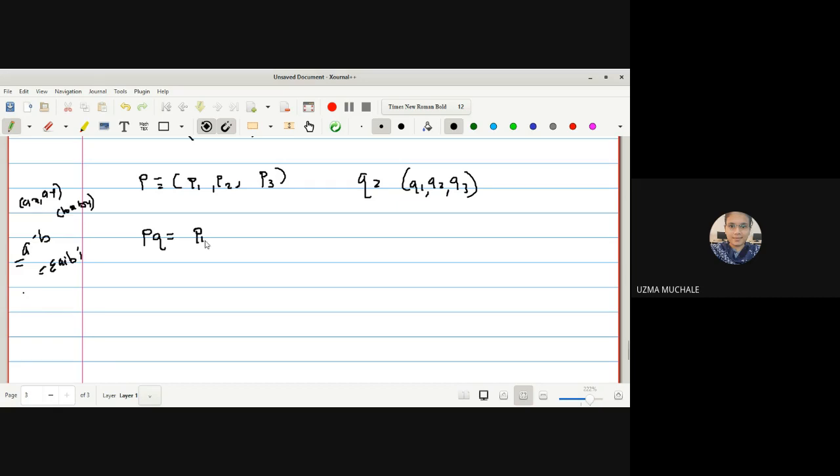How much time has passed for you? Functional analysis, no? While writing the norm, we wrote such properties, no? So how do you evaluate the dot product of any two vectors in the E3 space, which is P1Q1 plus P2Q2 plus P3Q3. At least this I was expecting the answer from you people.